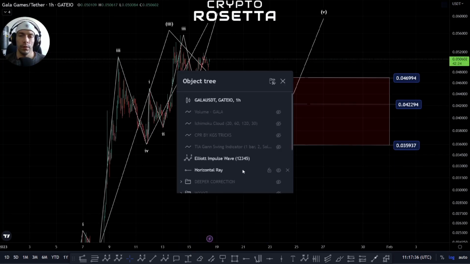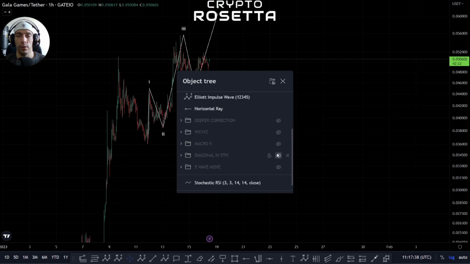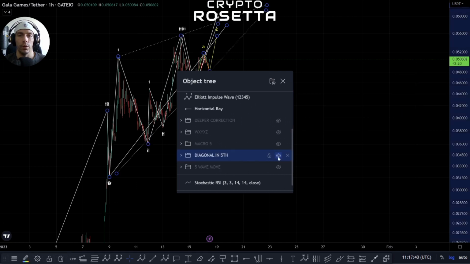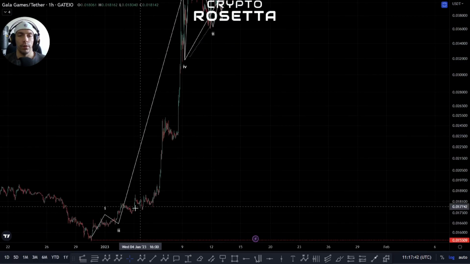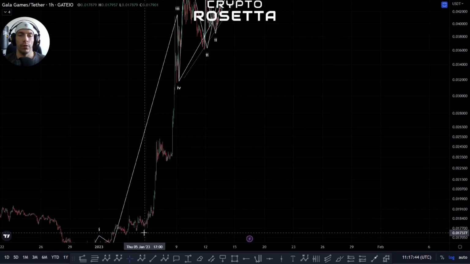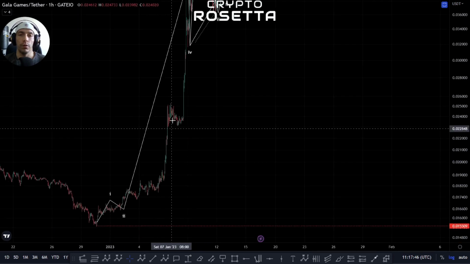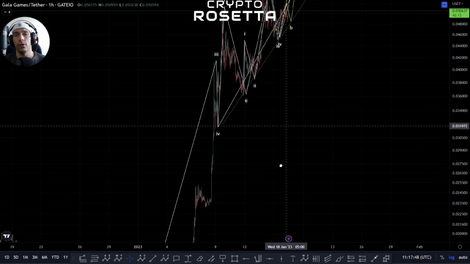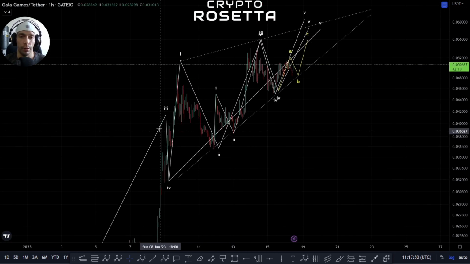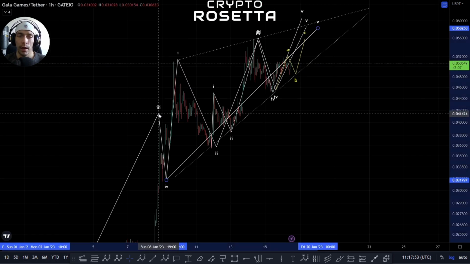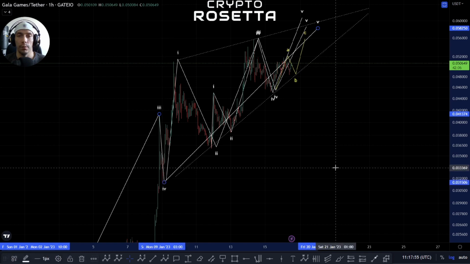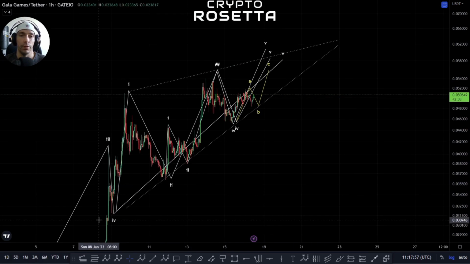We can also look at this as potentially being a diagonal, so the way we'd look at this is slightly different. We'd take this wave 1, 2 slightly further back, then this would become a 1, 2, 3 for extension in the fifth wave of the third, and then actually this whole move here becomes potentially a diagonal, where this is